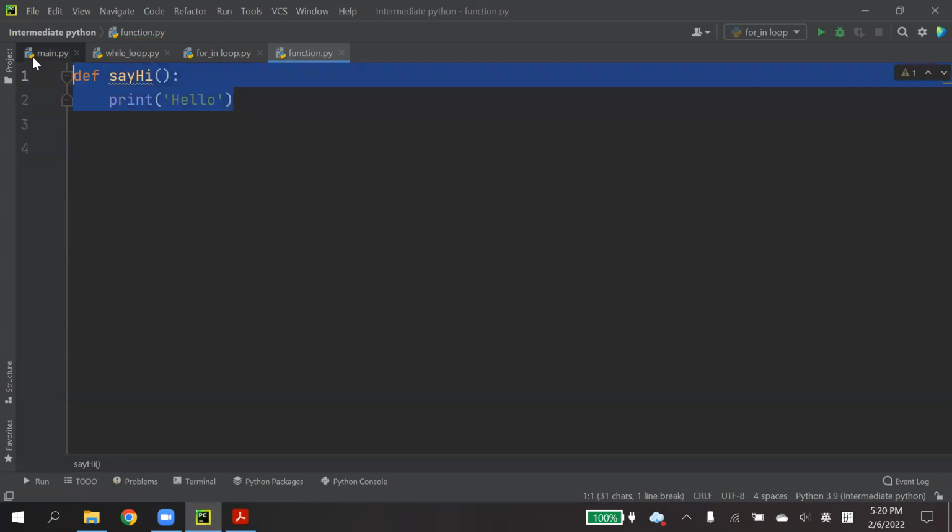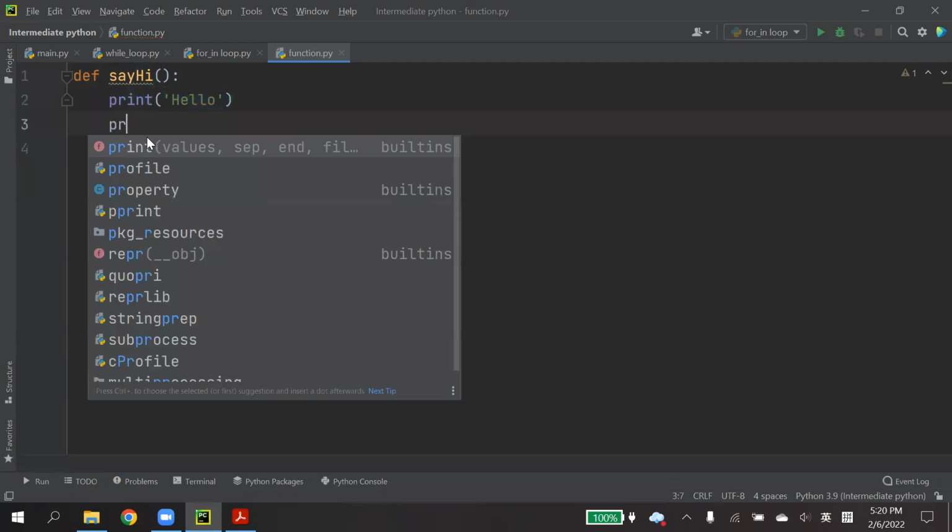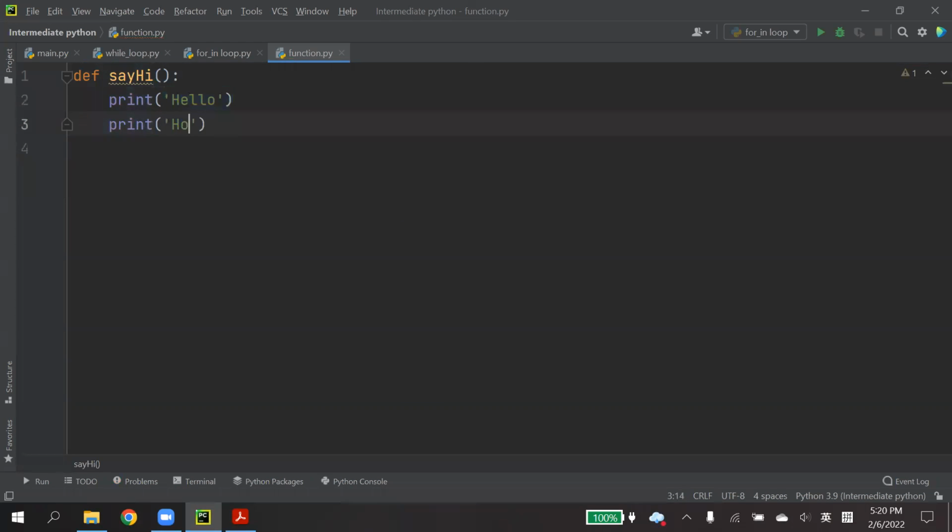So this is how we define a function. We can have many lines of code inside. This is just a very simple function, just as an example.